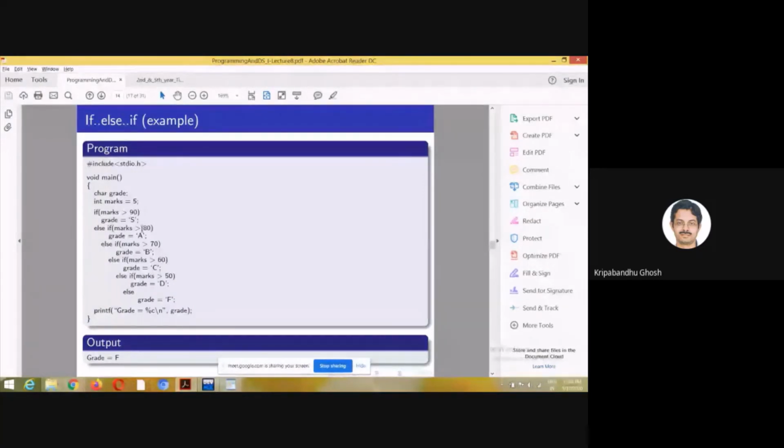If it is greater than 80 and less than or equal to 90, grade is A. Like this, it will go on. Maybe we don't have enough time today. We can discuss this in the next class. Meanwhile, please go through what I have been teaching and let me know if you have any problems.